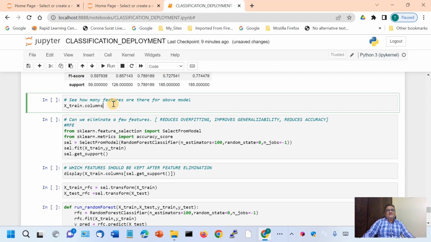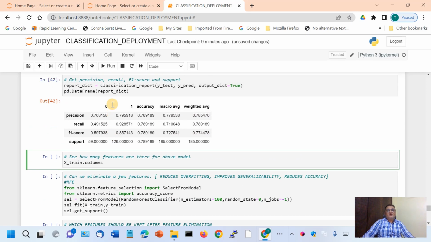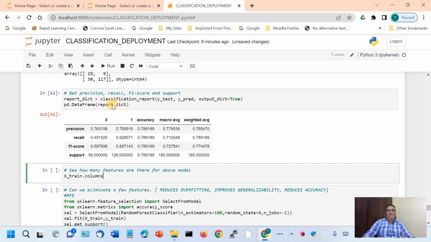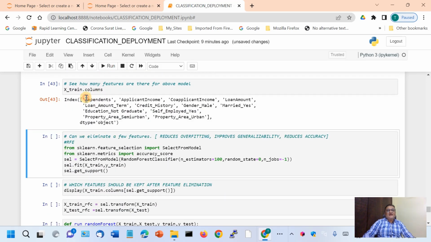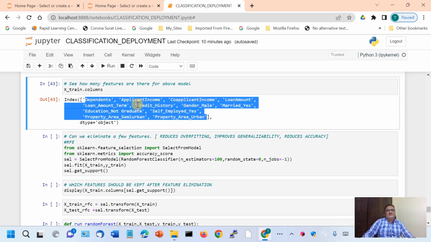So then let us see how many features there are, because this model is still a highly complicated model, as there were a large number of features. If you see, these are the number of columns in X train. So we are trying to see if we can eliminate a few features and still get a model with reasonable